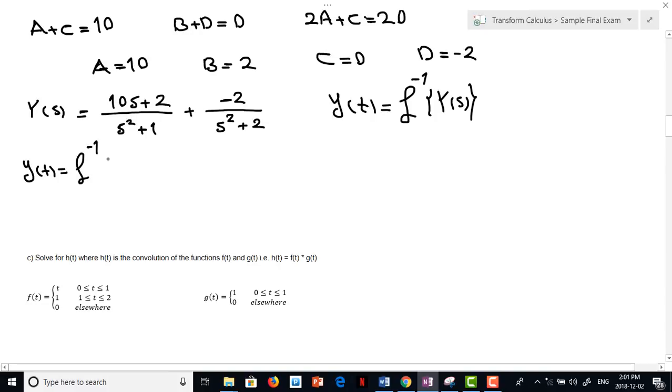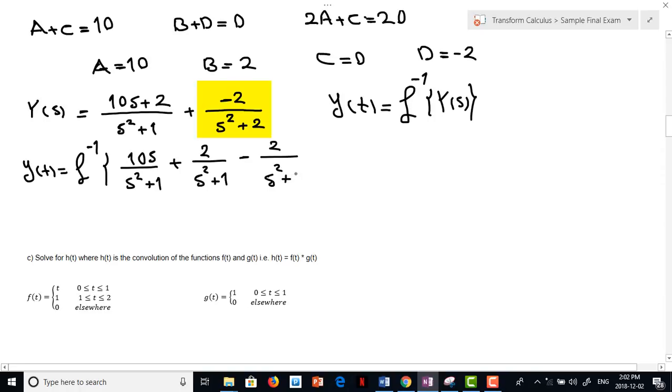It's equal to 10s divided by s squared plus 1, plus 2 over s squared plus 1, minus 2 divided by s squared plus 2. If you find the Laplace inverse of this function, you're going to end up with 10 cosine t